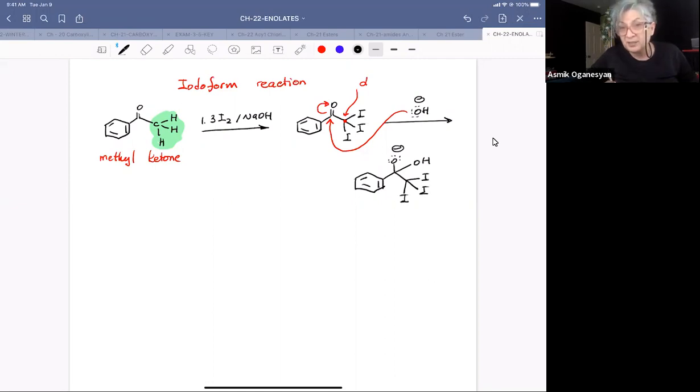And what happens here, guys? This fully iodinated methyl group is becoming a really good leaving group. So when the carbonyl tries to close back into a double bond, it's possible. This group will leave. You will form a carboxylic acid